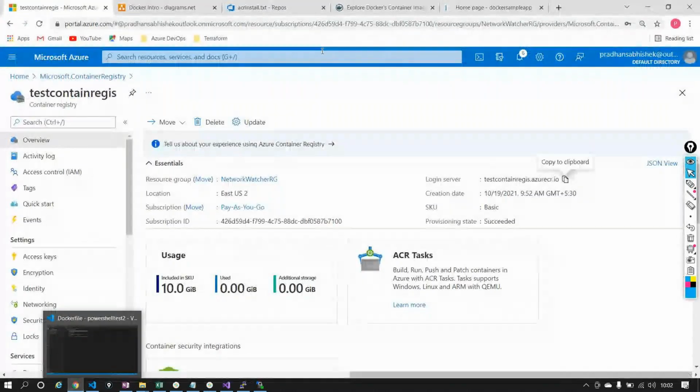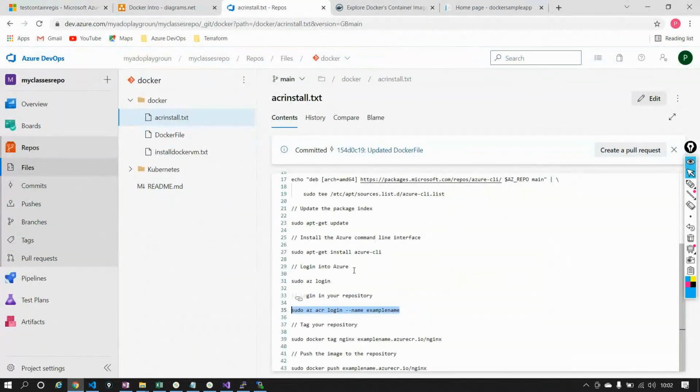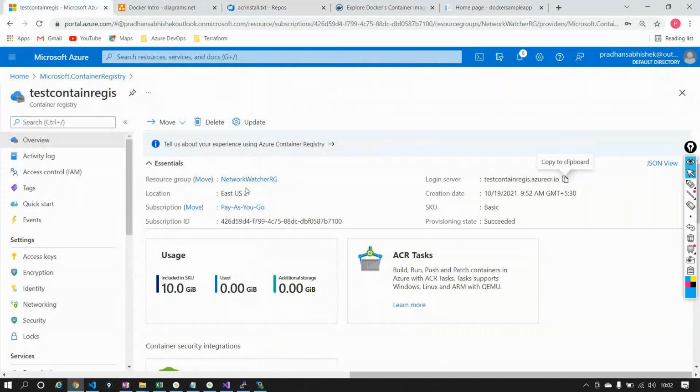So let's see. Installation, tag your repository, how you need to tag your image, and then push. I said example name dot azurecr.io dot something. This example name should be replaced by the container registry that you have. Once this is done,